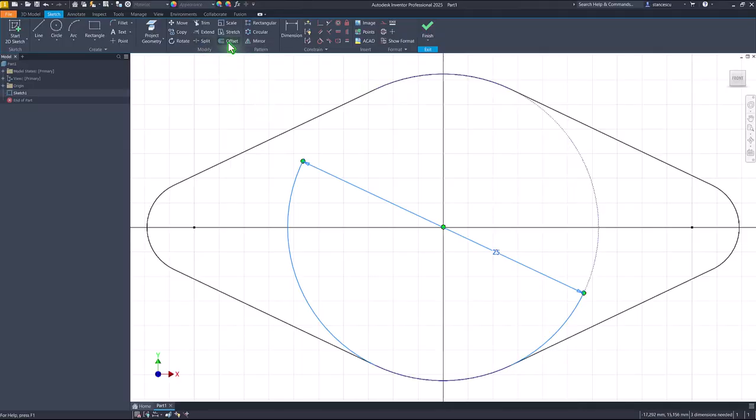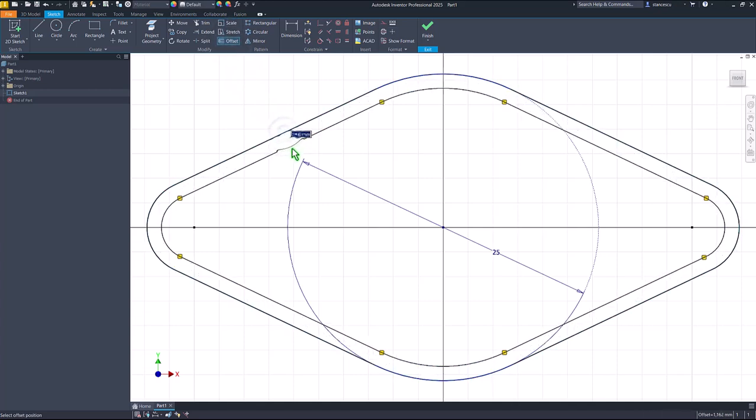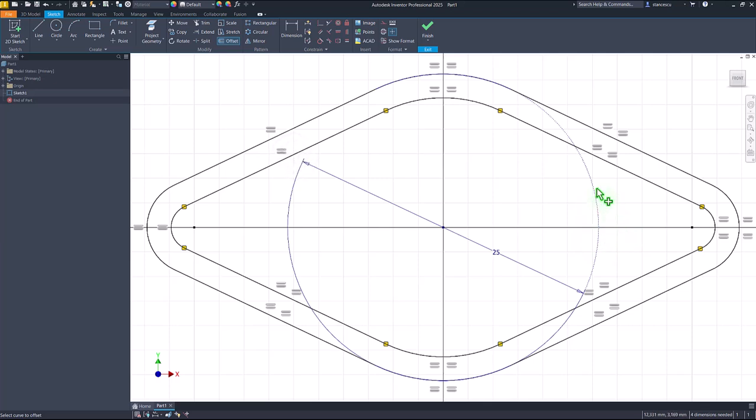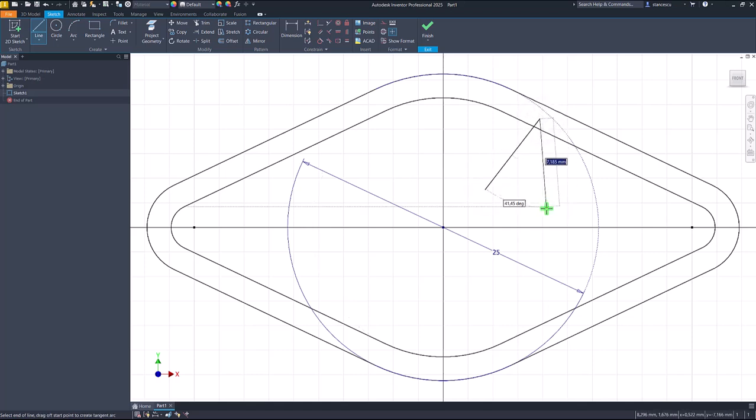We use the same sketch. We apply offset. You see that this was not included in this operation. Then I draw this line, a random line. Now I use trim to cut this. To extend it to this line, I have to apply extend to this, then to the other. But Control Z,